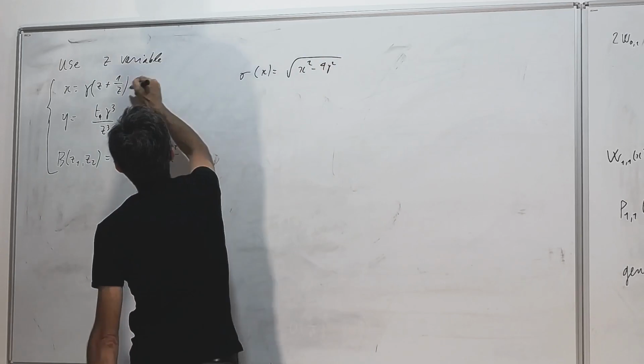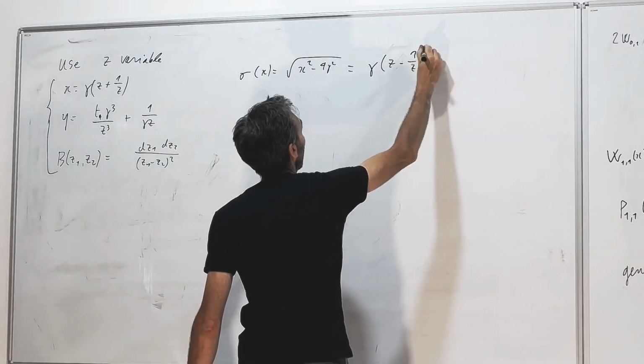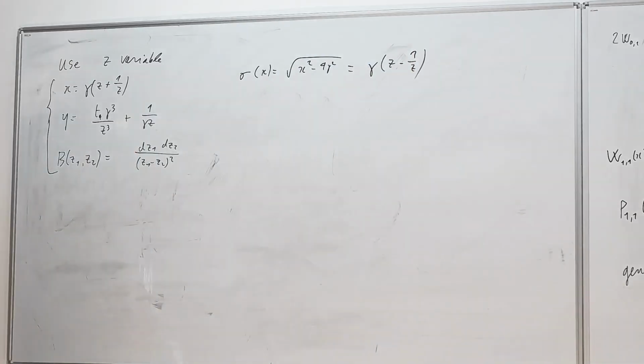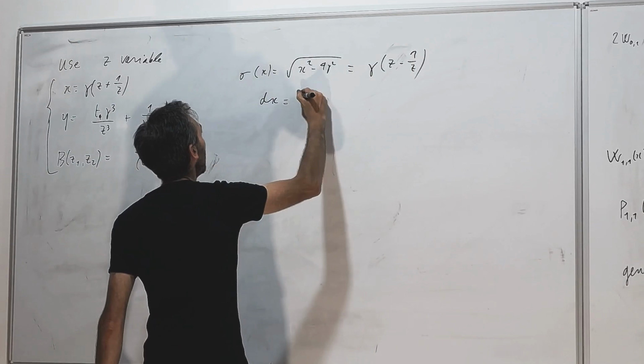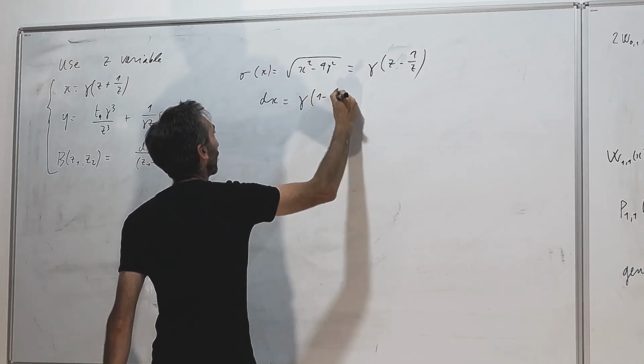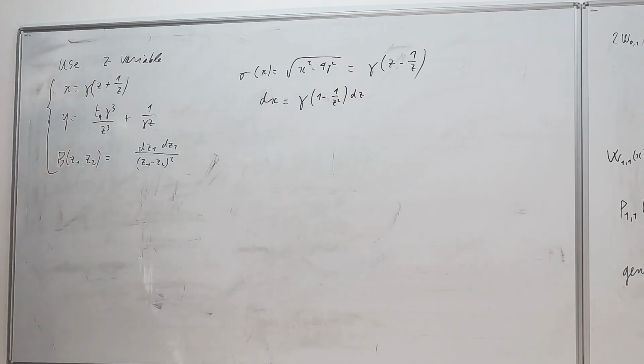And if you use this parameterization, it's just gamma times z minus 1 over z. Another thing which is very useful is that dx is gamma times 1 minus 1 over z squared dz. Just take derivatives. Which means that,